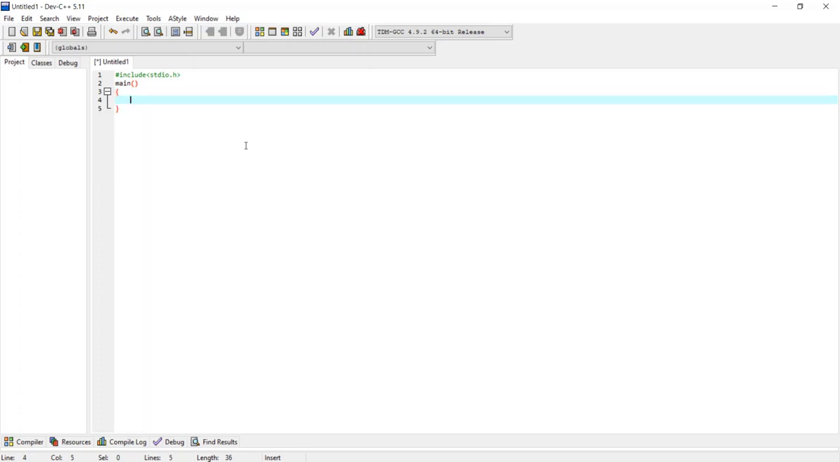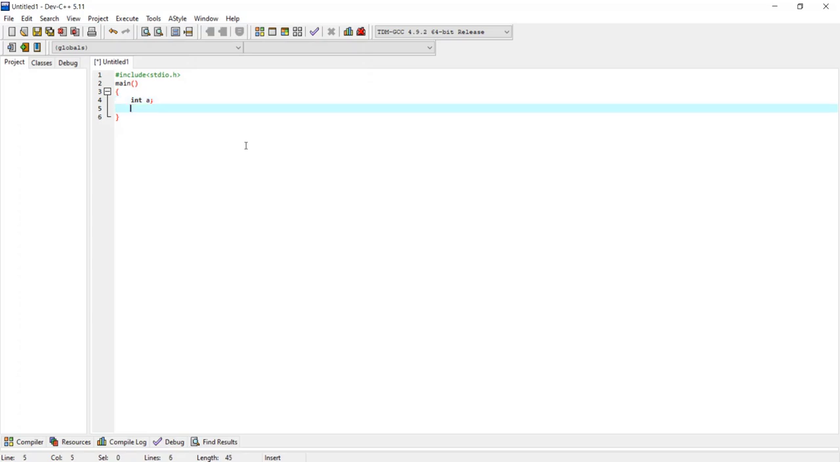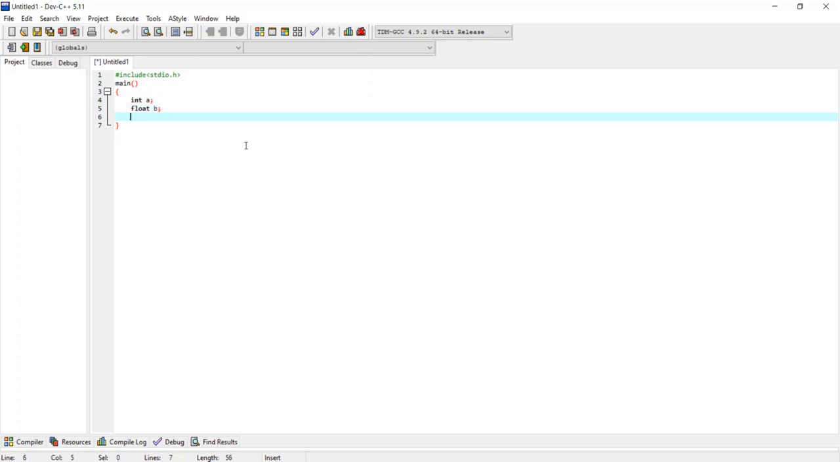So what I'm going to do, I'm going to declare two variables, that is int variable a, declared this way, and I'm going to declare another variable, say float, and the variable name is say b. Now I just want to display a message to the user to enter an integer value and then to enter a float value, and that has to be taken as input from the keyboard. So for that I'm using the printf function here,